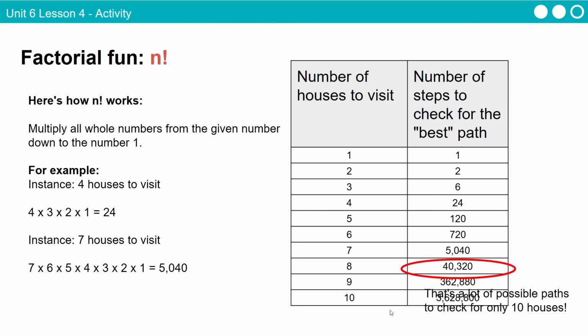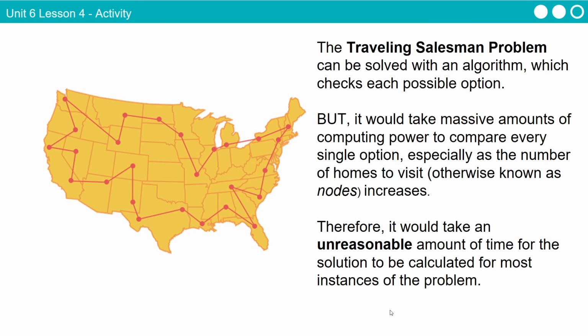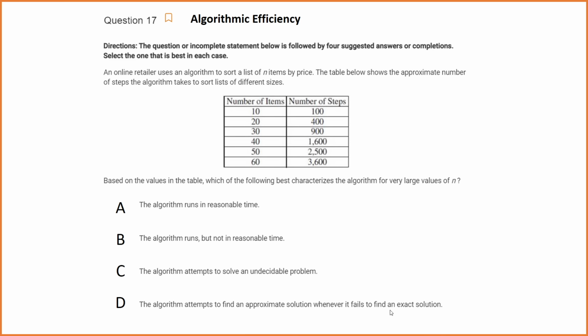And to check the best path would require tons of time. So to use a heuristic might be better, right? What we're trying to do here is optimize our way to do it. Instead of using an unreasonable amount of time, we can use a more efficient way, like a good enough way